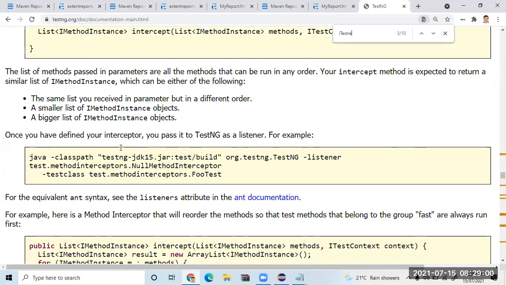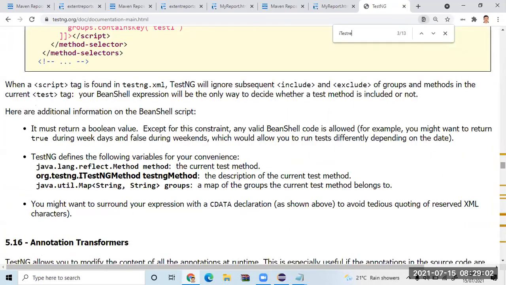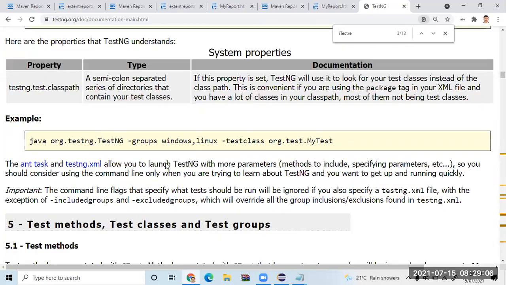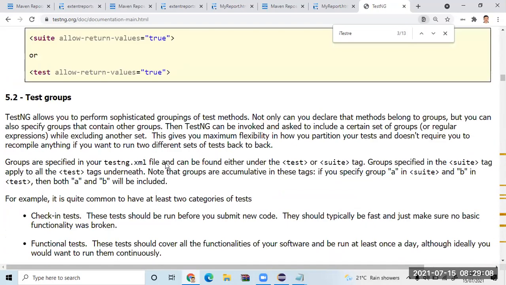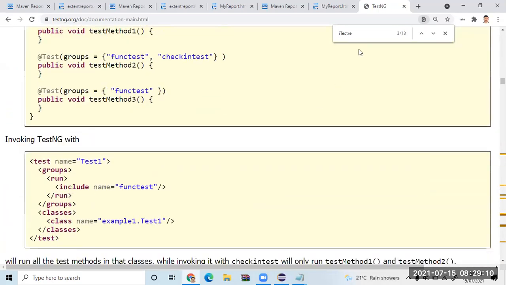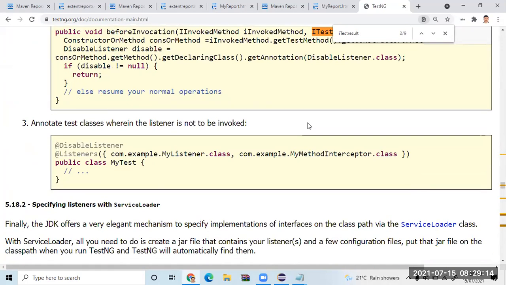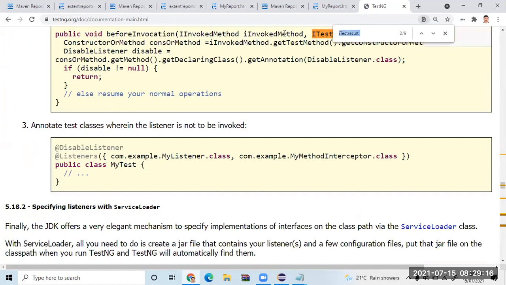Okay, 1 second. I'll go through this document, sir. Yes, here they have given full documentation, right? Every bit and piece they have given. What are the arguments we can send? All those things are there. What are the methods? What annotations can they use?